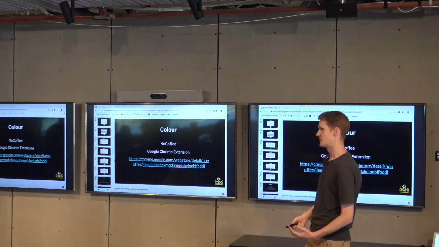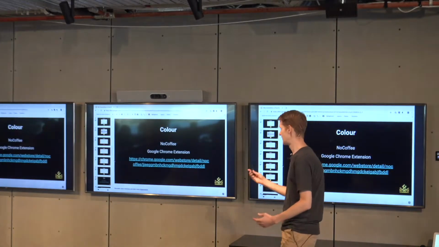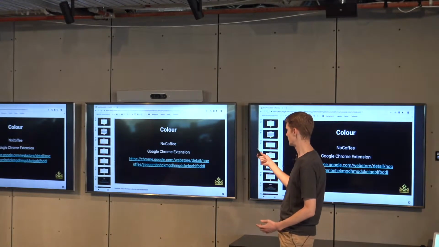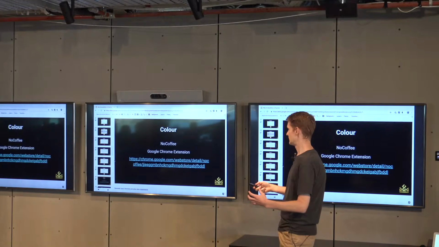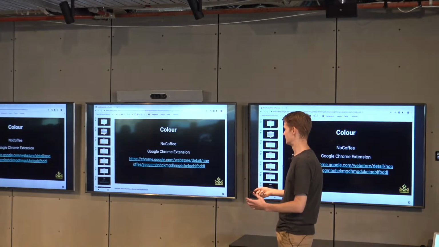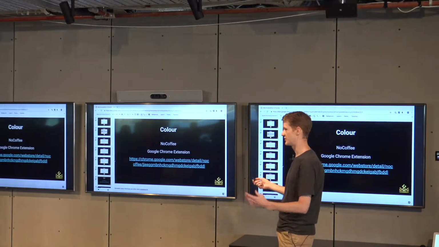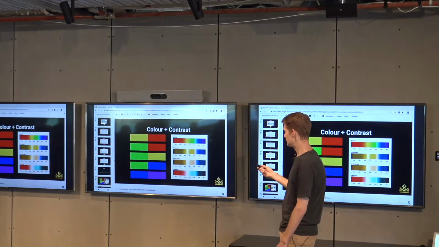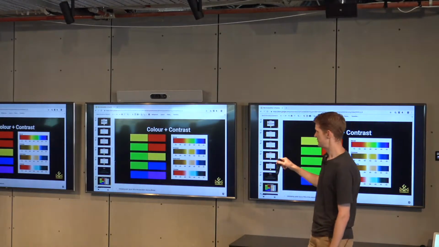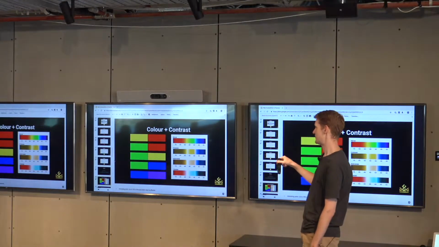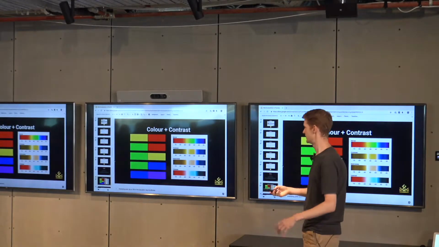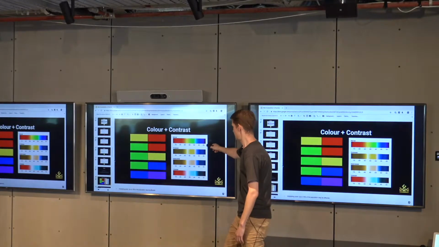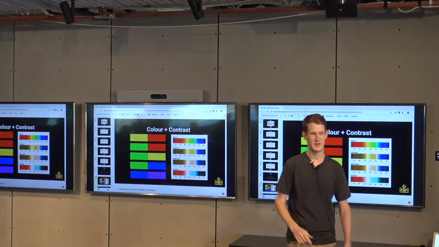There's a couple of really cool Chrome extensions for color. I'm actually going to show you this one. This is called NoCoffee, and this simulates various visual impairments, especially various stages of color blindness. Interestingly, up to 50% of the population may be affected by some sort of color blindness, not complete color blindness, but these three different types here. So what I can actually do,